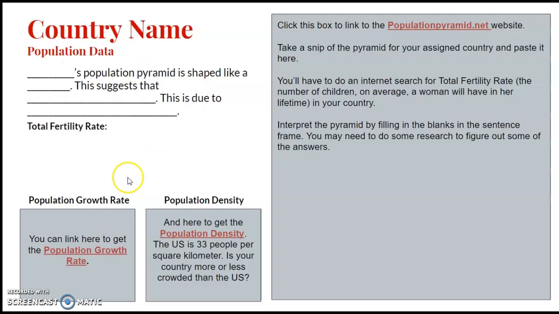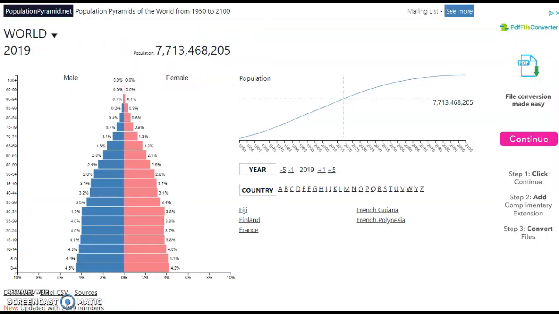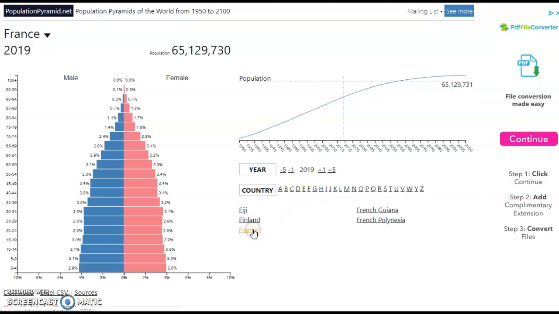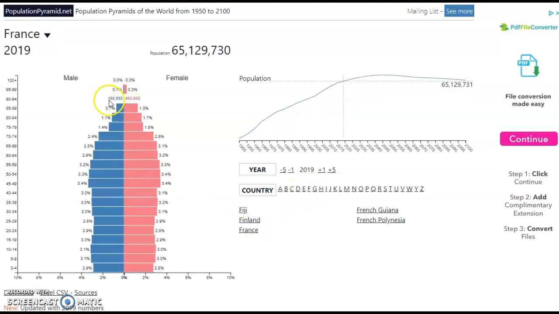I've got a sentence frame. You'll just put the country name. So if you were doing France, France's population pyramid is shaped like a, and I would say theirs was France. Let's see. If you look at this, remember the top part's always going to be a little bit Christmas tree-like. I would say the rest of this is really pretty much a box shape. There might be a little bit of a cup feeling at the bottom, but it's not very extreme. I'd say it's mostly a box shape, which is a pretty stable